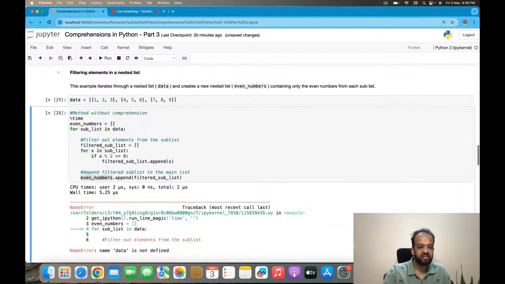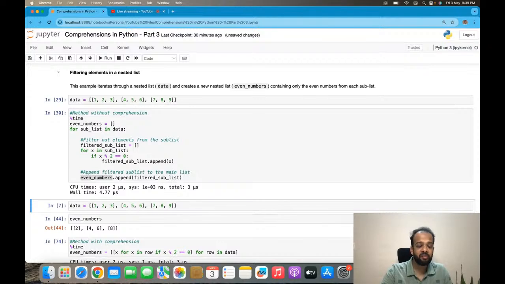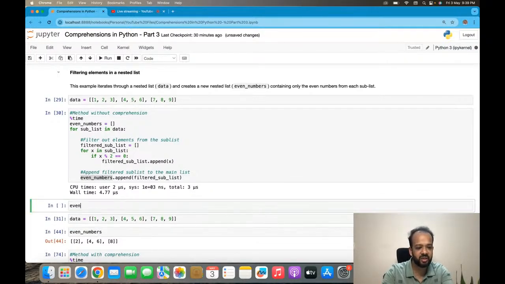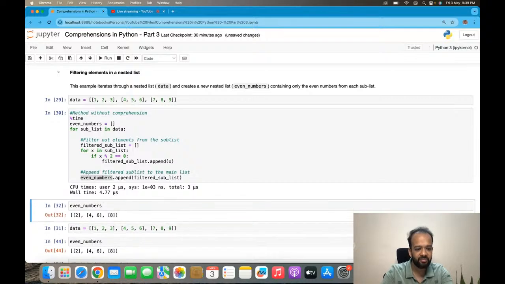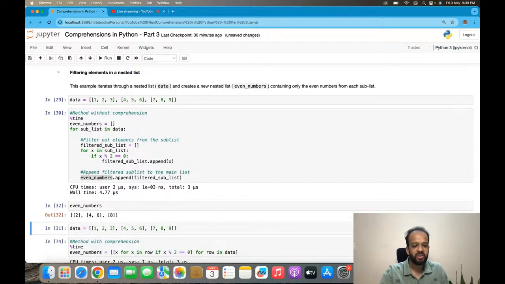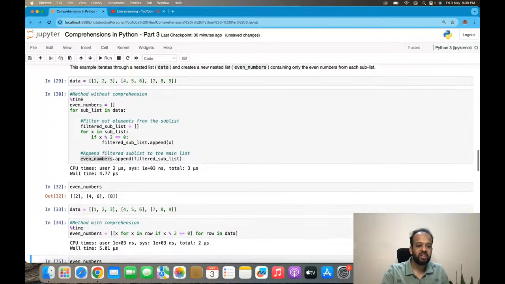So let's actually run this. It's giving a wall time of 4.77. And this is how it is looking like, right? 2, 4, 6, and 8. It's a list of lists. Now, how do you do this with comprehension? With comprehension, you can simply do